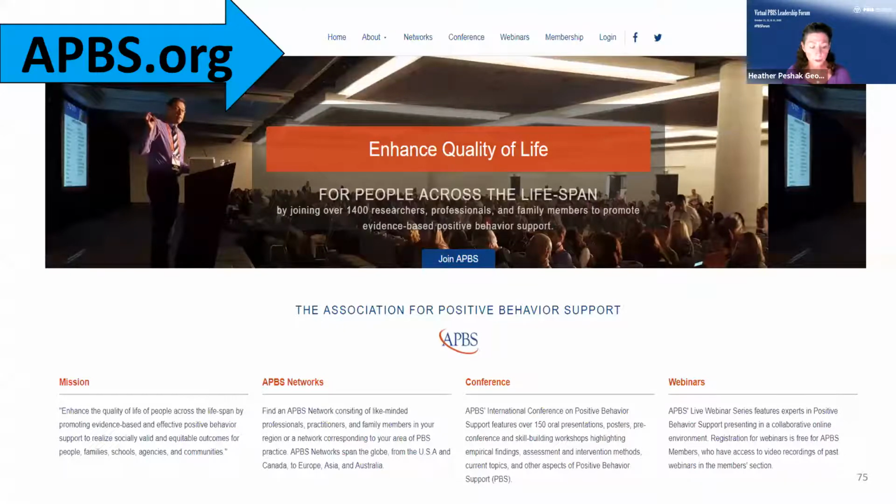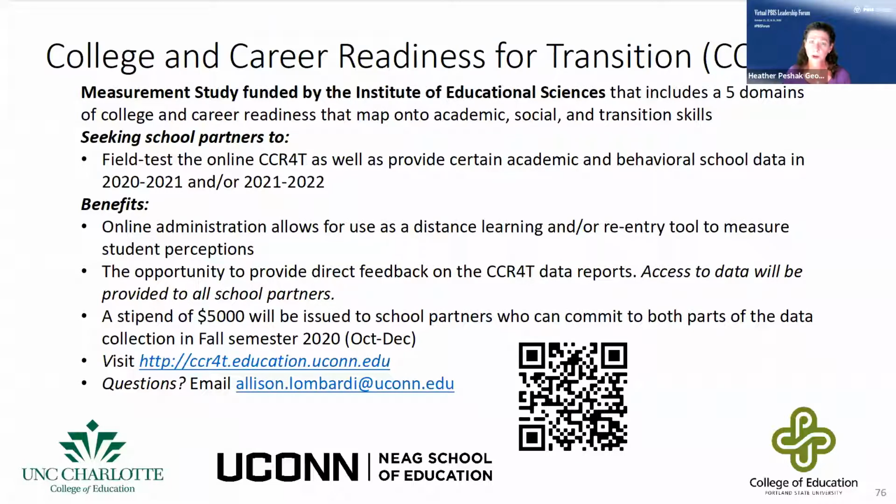Some might be thematic, such as home and community, or it might be a student network, but you don't have to necessarily be regionally based to be part of that network, because the beauty of APBS is it's virtual, has always been a virtual organization. So I think they may have been ahead of the game and were able to adapt much, much faster during the pandemic. But just know that there's resources out there for you so you never feel like you're alone.